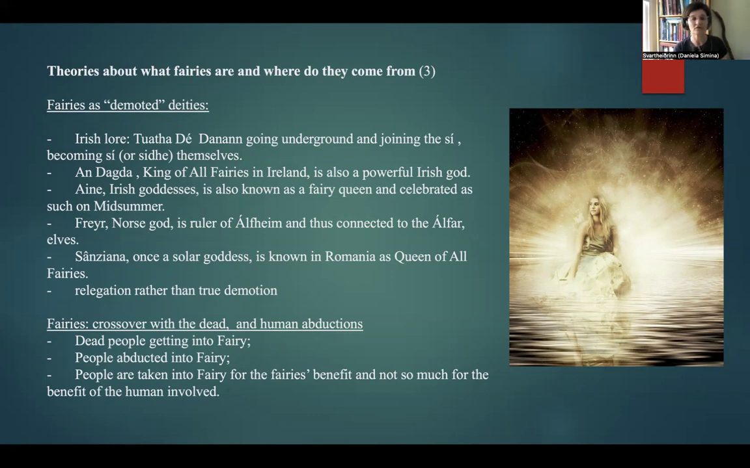And her celebration day is on June 23rd. So it was related to the summer solstice. It has been syncretized. It has been assimilated into the celebration, the feast of Saint John. But in Romania, the feast is still known as the feast of Sânziene. So the holiday bears the name of the fairy queen